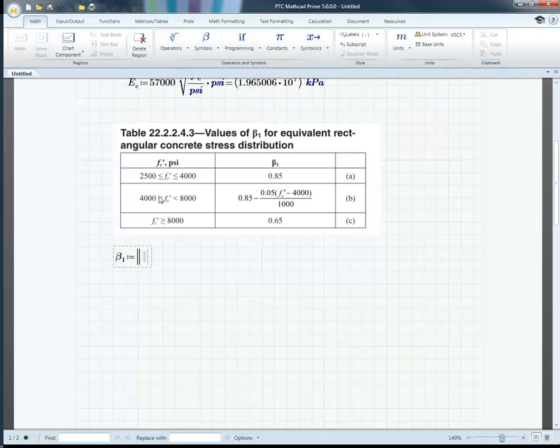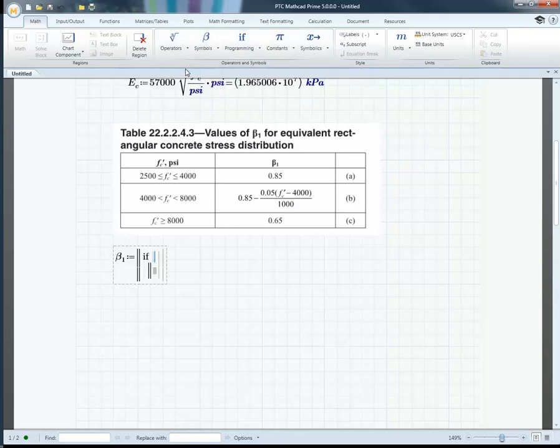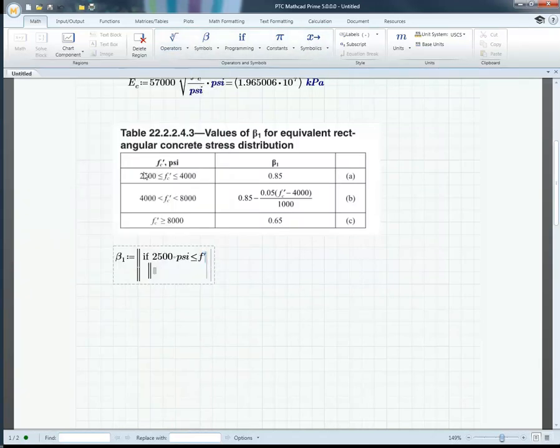Now Mathcad knows that I'm actually building a program. There are some keywords that you can't type in because Mathcad doesn't recognize them. So in programming, if you're using a keyword, you have to select it from the menu. My first if statement is if 2,500 psi is less than or equal to f prime c,